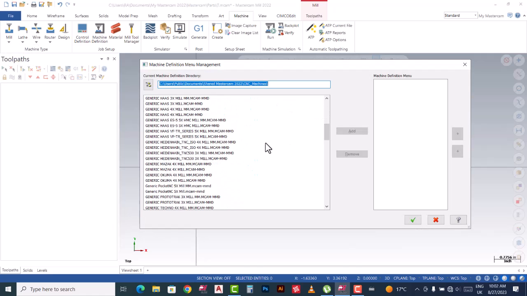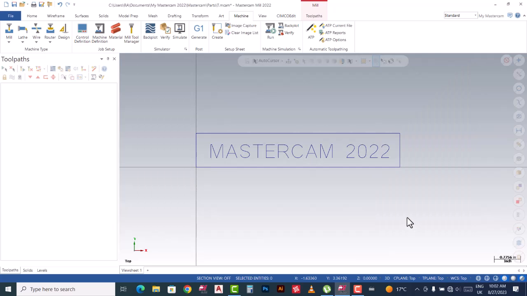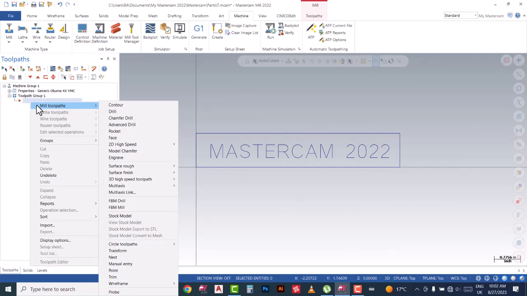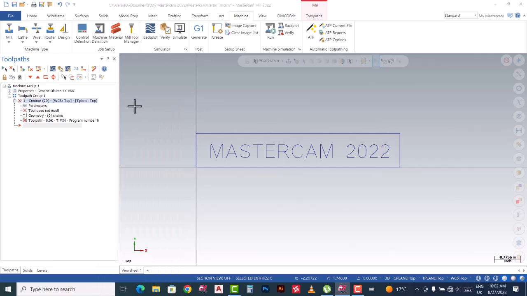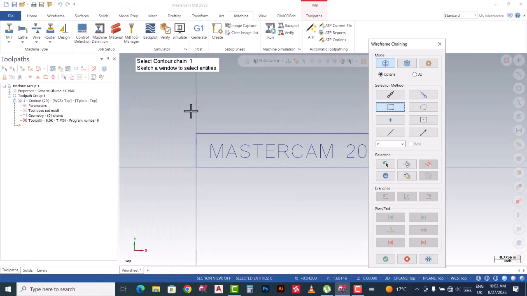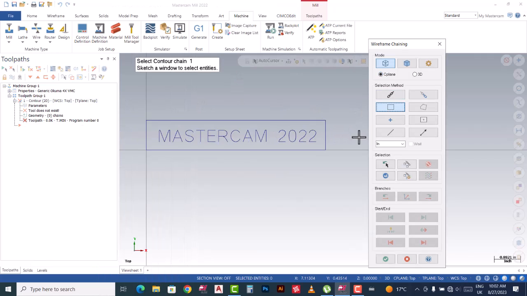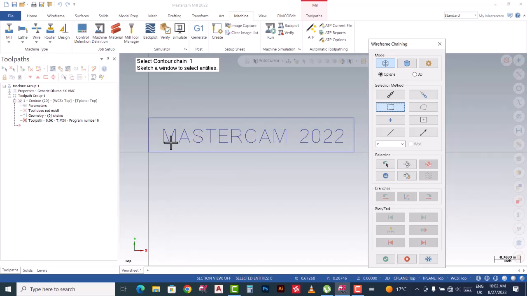the name of the machine that you use in your shop. Let's say I choose Generic Okuma 4-axis Mill, click Add, then click OK, then go back and click the mill, select Generic Okuma 4-axis Mill, then it will pop up here under the toolpath, then choose Mill Toolpath, then under